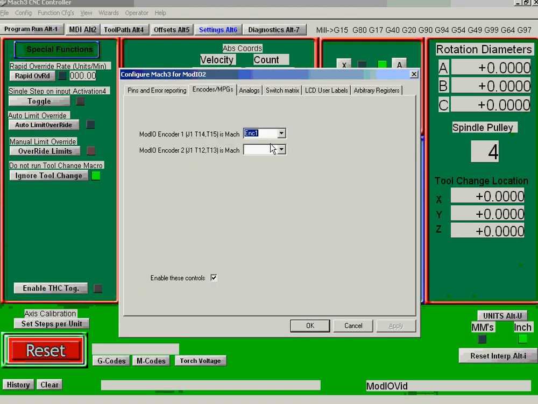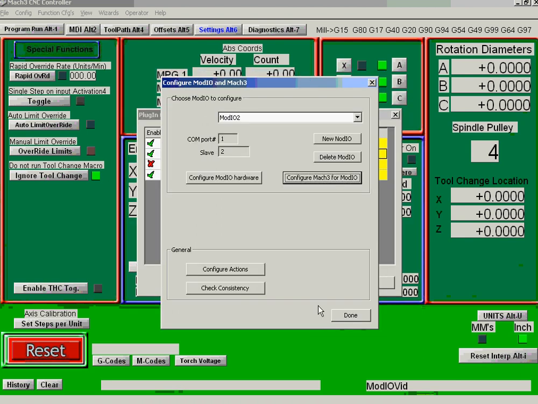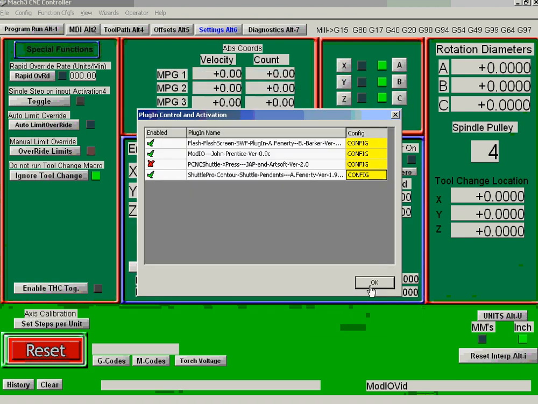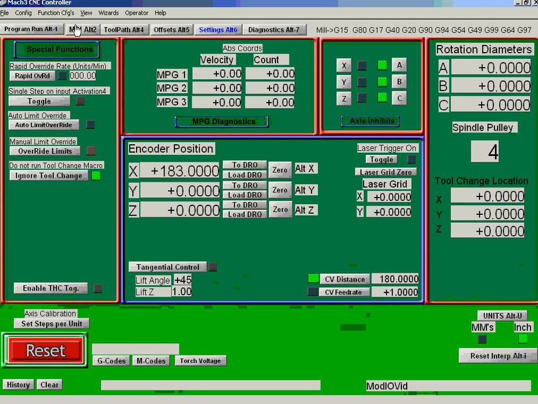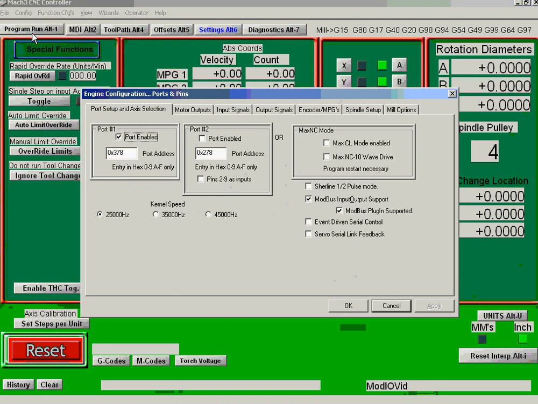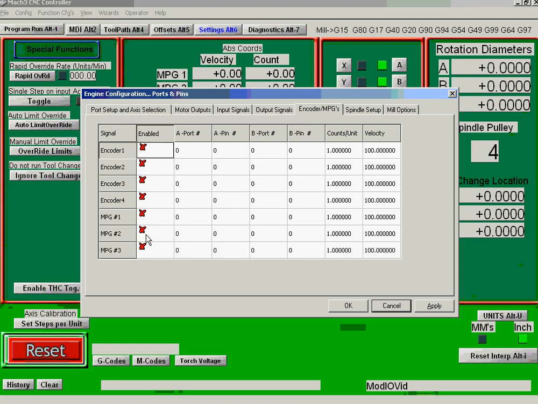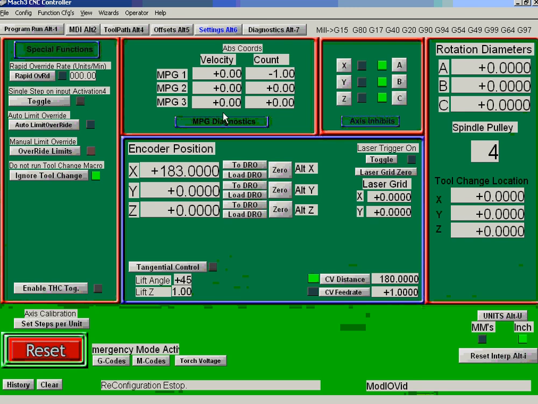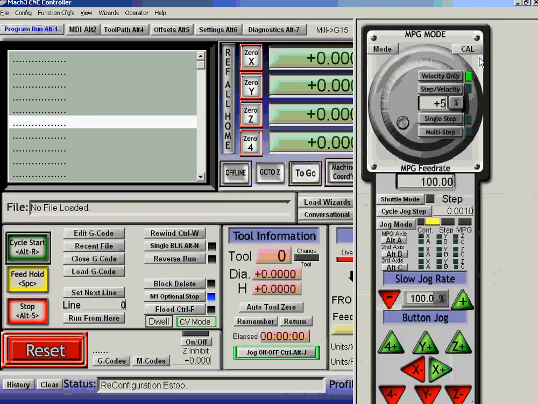Configuring this again, encoders, so now we're going to select it feeding MPG1. And we need to go to ports and pins, we disable that, and we will enable MPG1. We will leave the default counts. The count and velocity are relevant here, but we apply that. Now you can see on settings the count working, and if we go to program run, tab activate MPG jog mode,